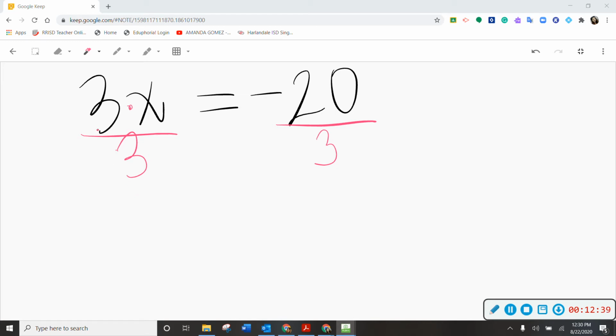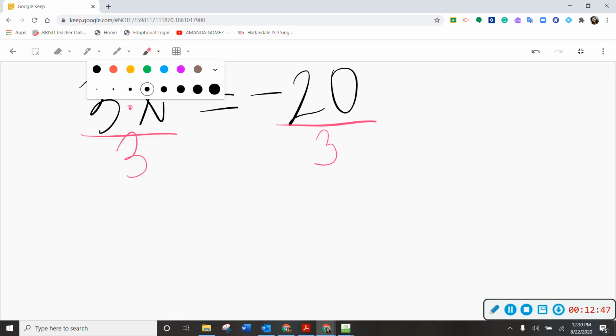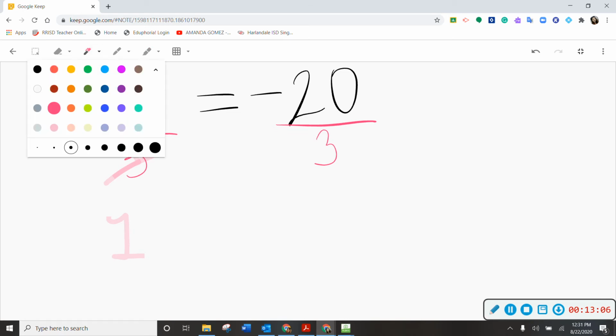Okay, now remember, I had already told you guys that 3 divided by 3 is going to reduce, I'm going to use my marker here, it's going to reduce to 1. Ooh, that's pretty. And I like that because it's kind of iridescent here, because that's another I word. Iridescent means see-through, so I can use my highlighter to put my little invisible or implied 1, and I'm just left with